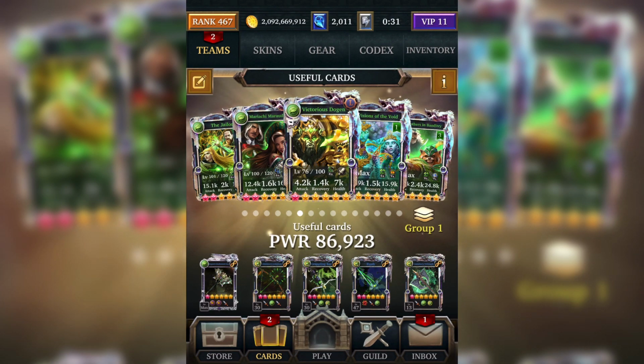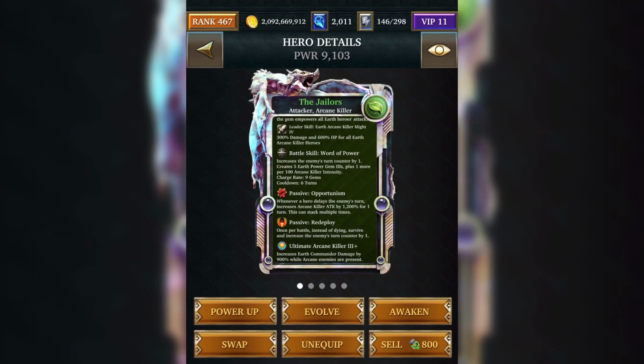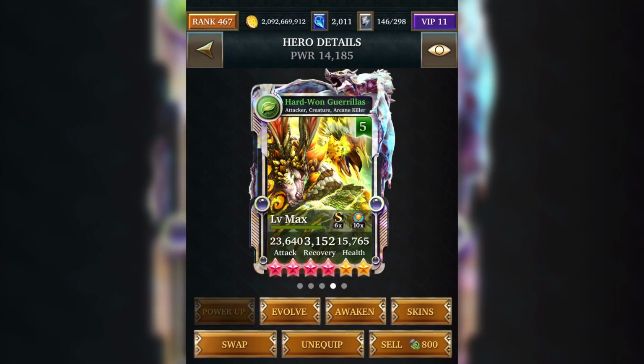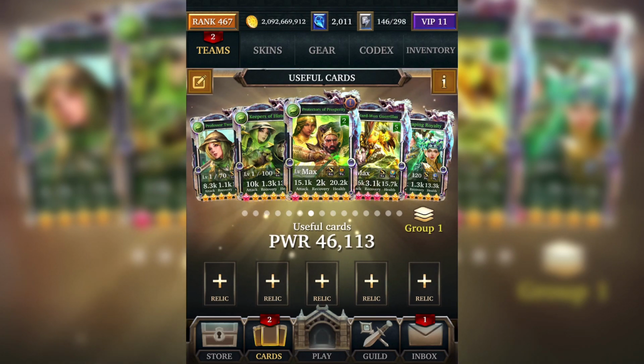So other useful cards that we have got. This is another useful card. The Jailers. You can use Jailers to boost the attack output of Arcane Killer, and we all know that this card is an Arcane Killer, Odd One Gorilla, and because it's an Earth event, you can use the Jailers quite easily. However, the Jailers has got a 6 turn cooldown, but I think it's a card that is worthwhile using,